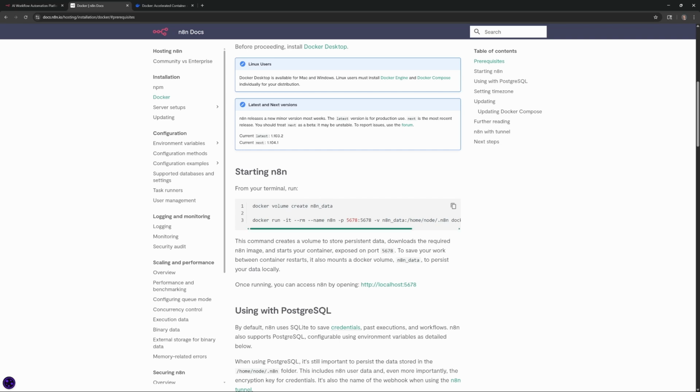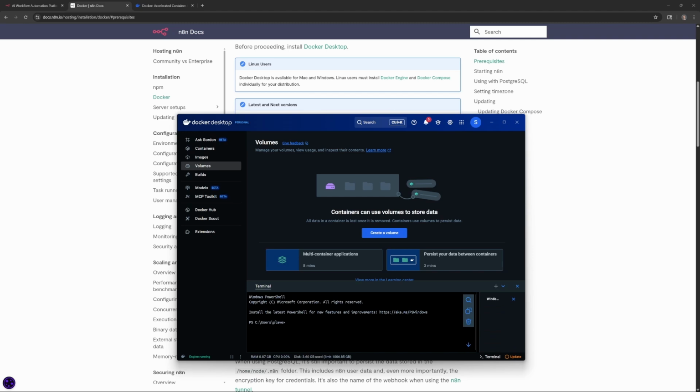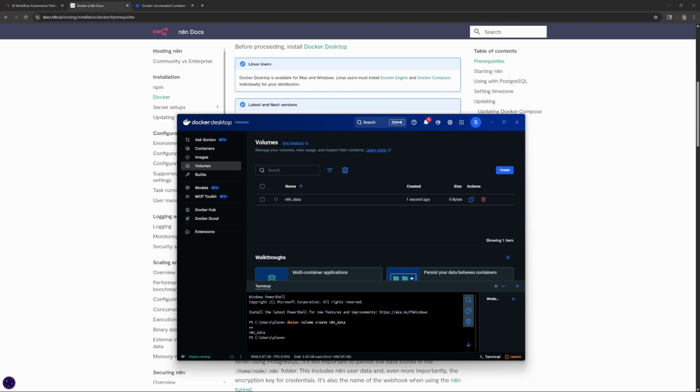The first thing we need to do is create a volume, which essentially is a place where your data will save persistently between restarts. To do that, all we need to do is triple click on this line to select it, copy it, go over to Docker, and in the terminal down here at the bottom right, click on that. You may get a pop-up asking you to enable. Go ahead and click on that. Then you'll see something like this. Paste it in here and hit enter. It will then create a volume called N8N data. Again, this is where it's going to save your workflows and credentials and everything, so that whenever you restart your computer or restart Docker, it'll all be persistently saved.